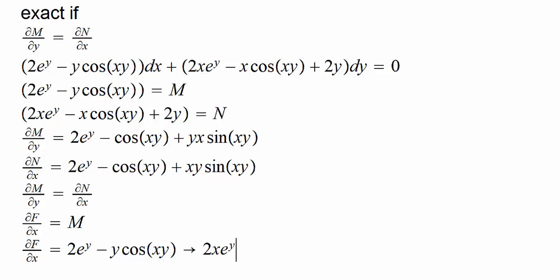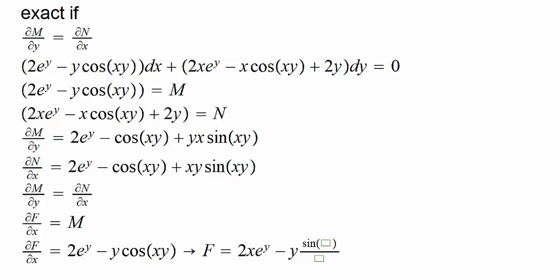Okay, and then when we come to this part for integration, let me just write this here, that this means f equals. And then when we come here, y will be treated as a constant, right? Also here it will be treated as a constant. So when we integrate, we will use the substitution rule, just as if you are integrating, say, cosine of 2x. All right, so the antiderivative of cosine of xy would be this,